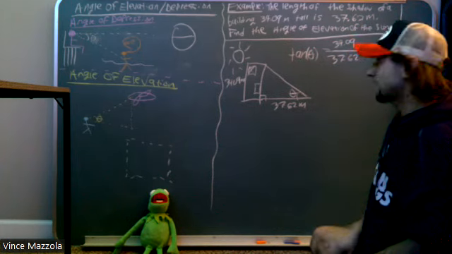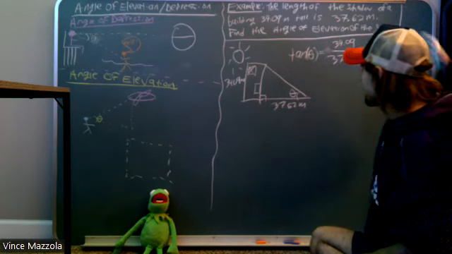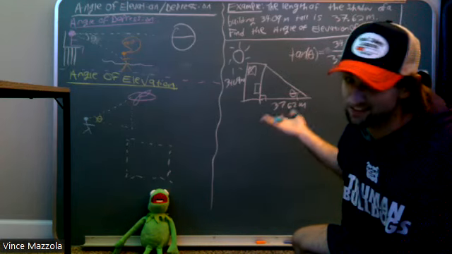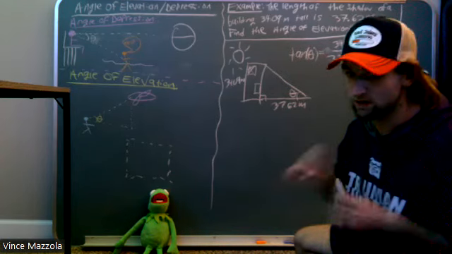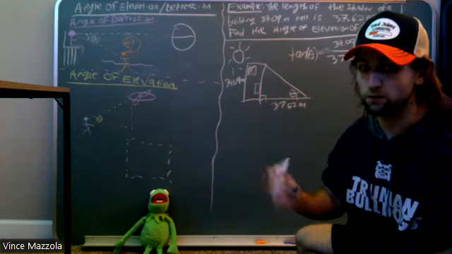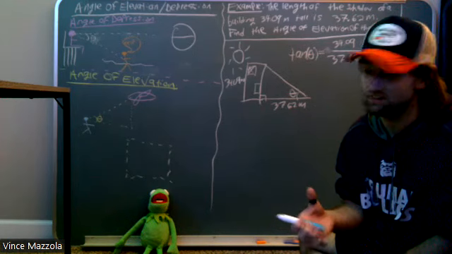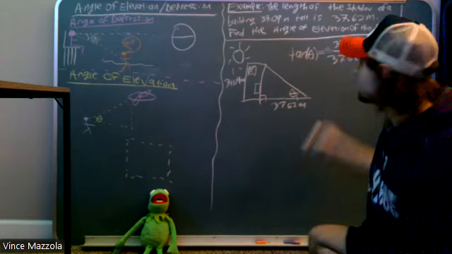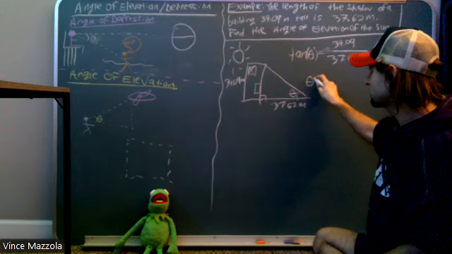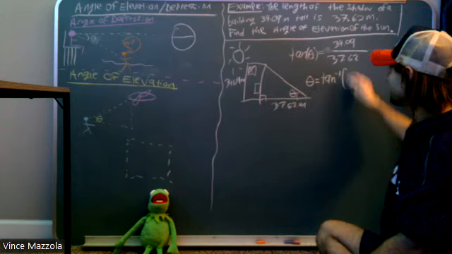Now, I haven't really taught how to find the angle given the other two lengths. Today, we just went over how to find the side lengths given the angle. But just to tickle your fancy, we're going to use this thing called an inverse trig function, meaning that in order to find it, there's a button above the calculator, the tan to the -1 power. That's essentially how we do it. There's a lot more nuance to it, which we'll get into once we actually start the trig stuff. But in order to isolate your theta,